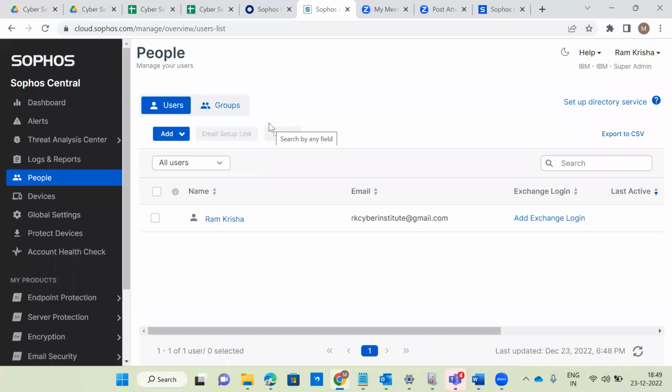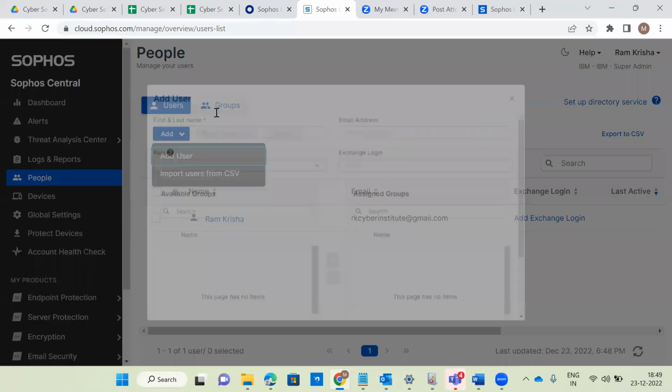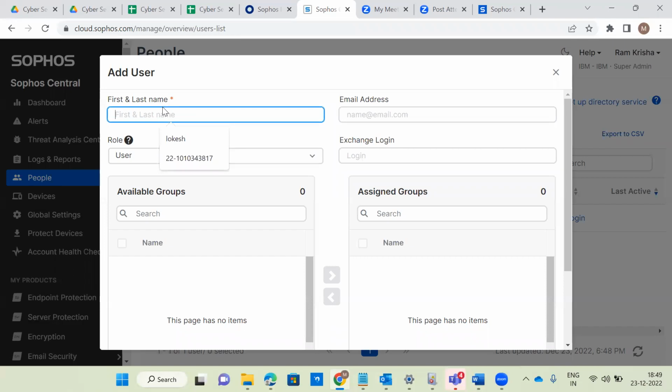In that scenario, after taking the interview, I finally recruited you in my team as an L1 team member, or an L2, or an L3 team member. After that, I have to give the profile to you, nothing but I have to give a role and tool access to you. In that scenario, what I will do, I will click add user, and I will give, for example, Suresh,